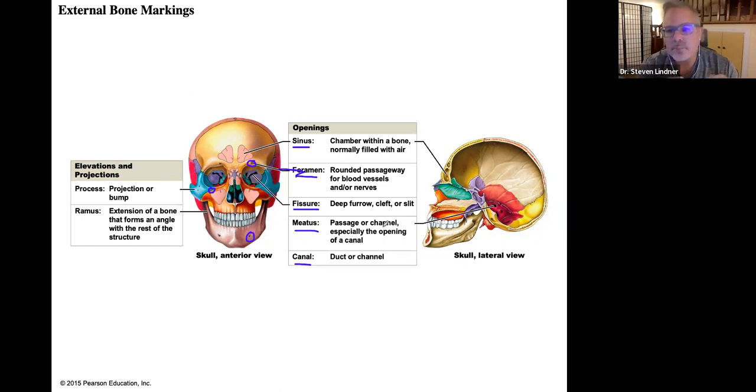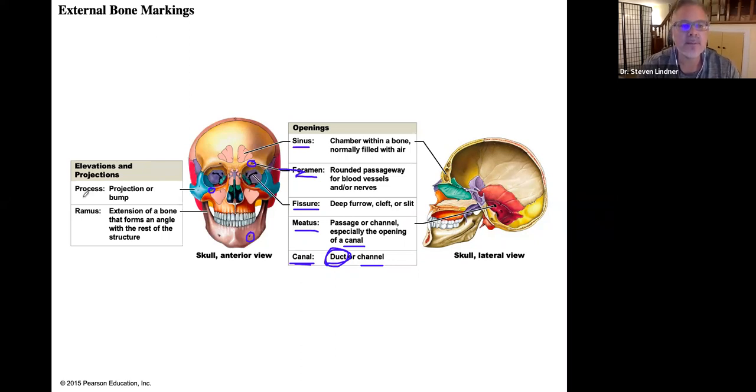and they're pretty elongated, these meatuses. It is really not just a channel, but it's a canal. And we have them primarily in the nose. We'll have a few meatus in the nose, as well as the ear. The nose and the ear are going to have a meatus, a canal. And the term canal is typically referred to or associated with ducts or channels. Okay, so it could get a little bit tricky between the two,